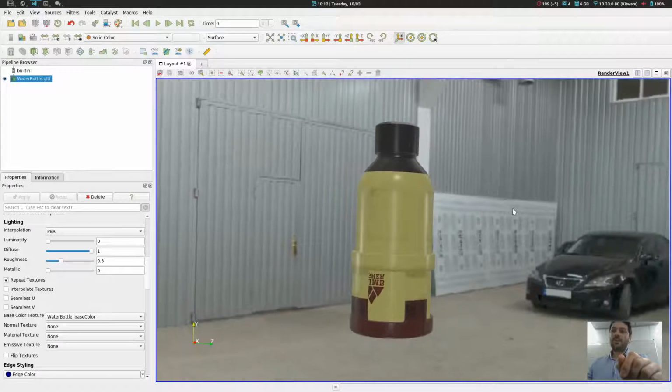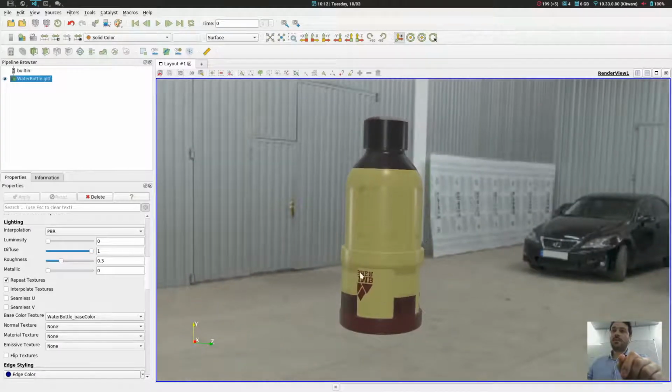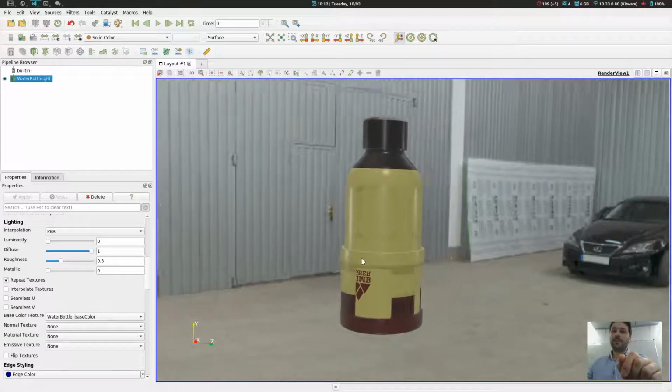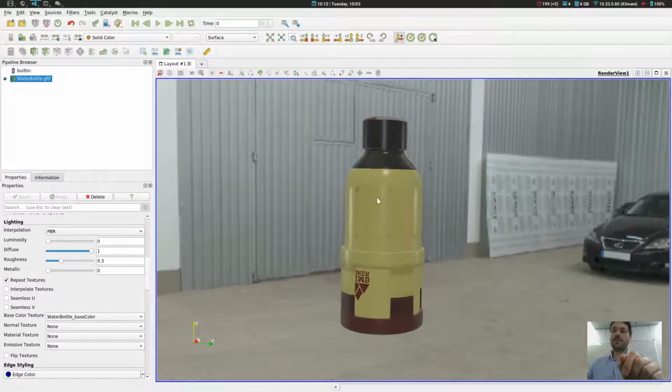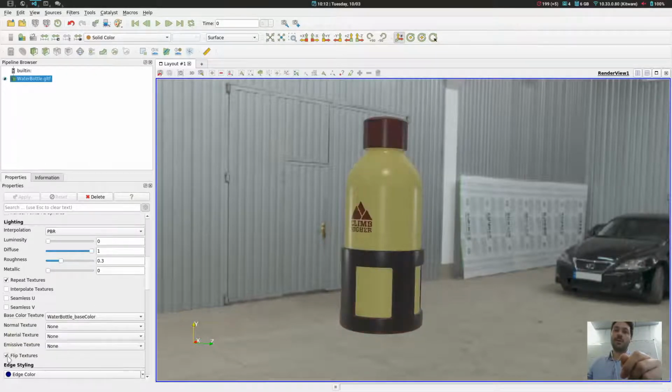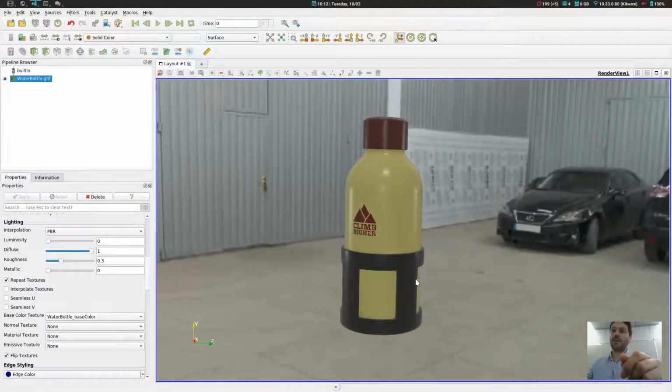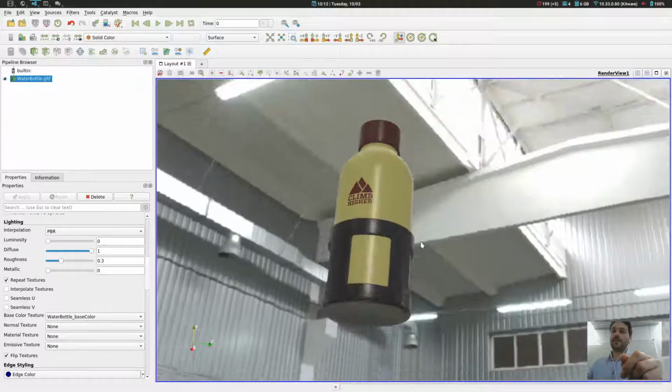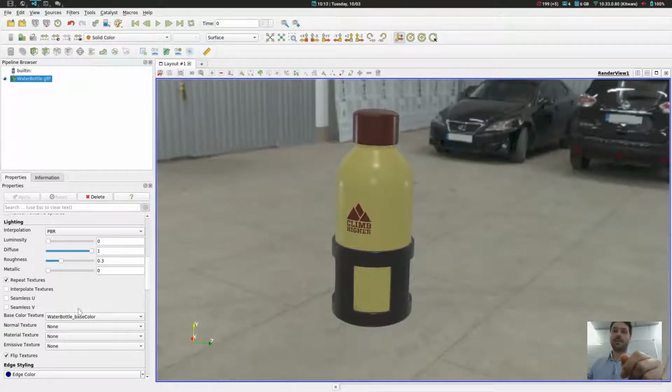Here I have loaded the texture, but you can see you have some texture displacement here. This is because there are several norms for texture in computer graphics. Basically, the origin of the texture can be in the lower left corner or in the upper left corner. So depending on the texture, you might want to flip the textures. You just have to check this box, and here we go. We have now the texture correctly placed on the dataset.